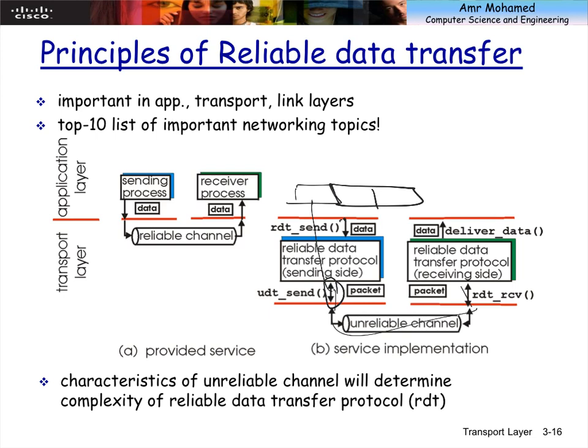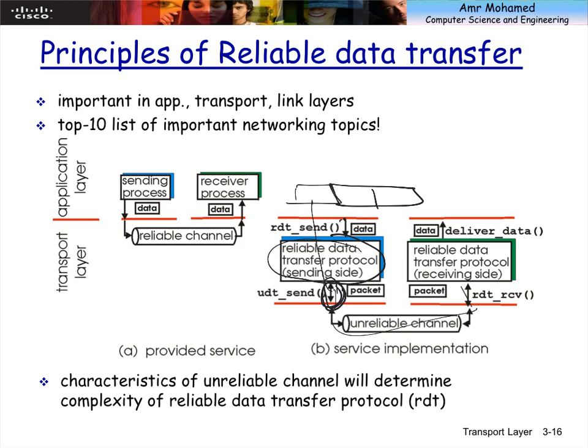Okay, so if we need to do reliable data transfer, chances are this is bidirectional, as we can see. This is going up and down. Why? Because to provide reliable data transfer over an unreliable channel, you probably need to retransmit, which means that when you send something to the receiver, there has to be a way or a mechanism for you to make sure that it arrived.